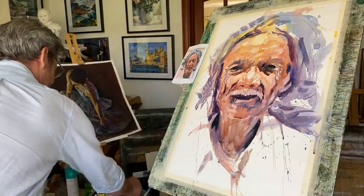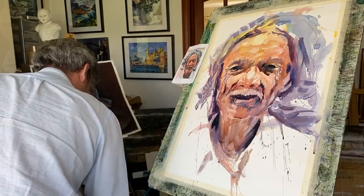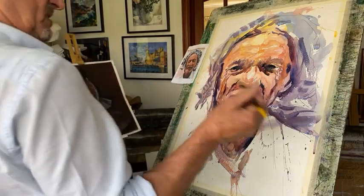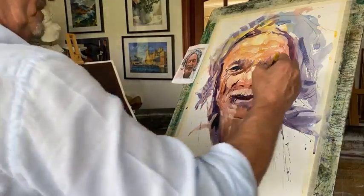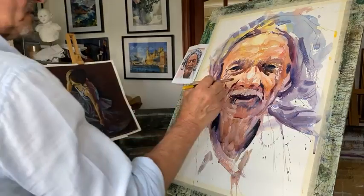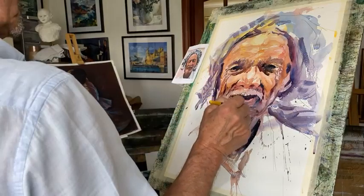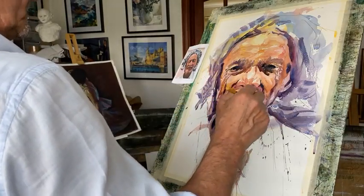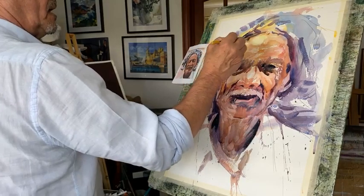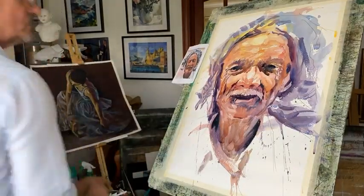So all I need to do really is do a bit of glazing anywhere where, you know, you've got warmer colour, so it's like the side of his face here, or this cheek, which I put in earlier, but it's kind of disappeared. Can you see? Same with this one. It goes nice and warm there. You can tell the moustache is there, so that's fine. When this dries, like I said, I'm going to add the gouache,